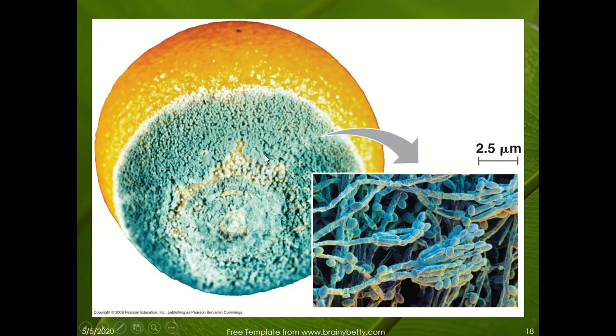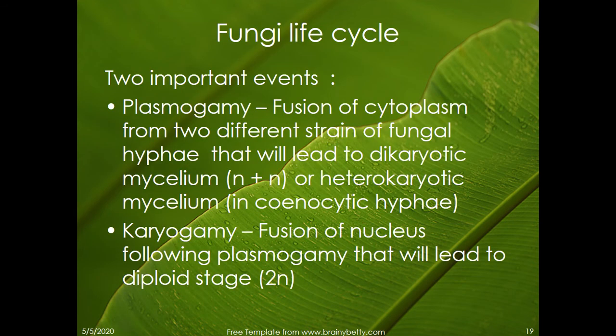So this is how the conidia look. The conidiophore will produce the conidia here, the non-motile spores produced through asexual reproduction. In the fungal reproductive cycle, there are two important events that you have to